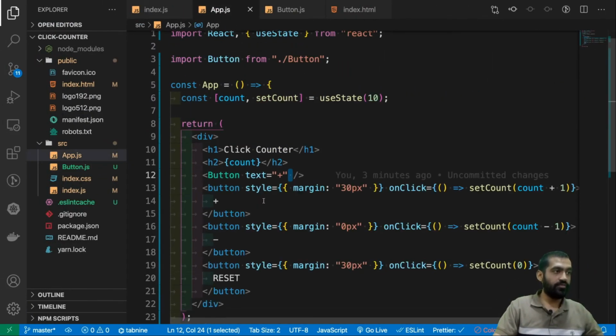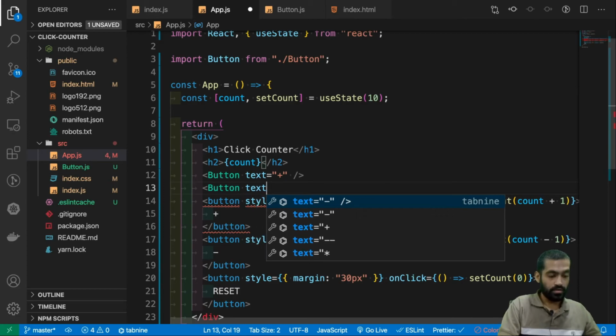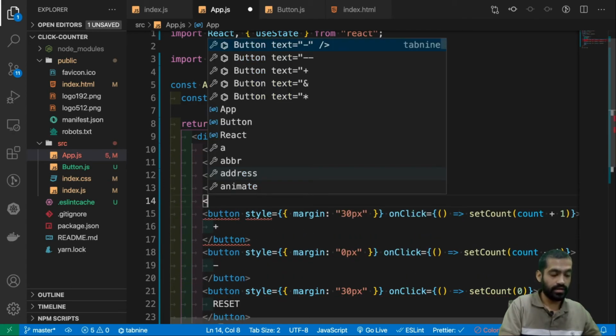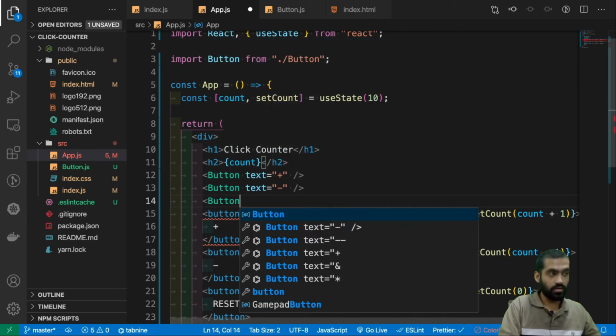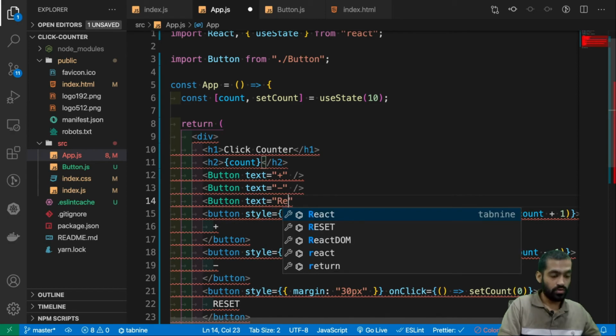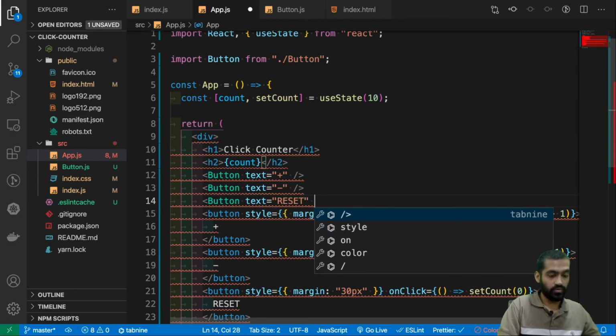So let's change everything here. Let's write new buttons: Button with text equals minus, self closing. Then again a Button with text equals reset.